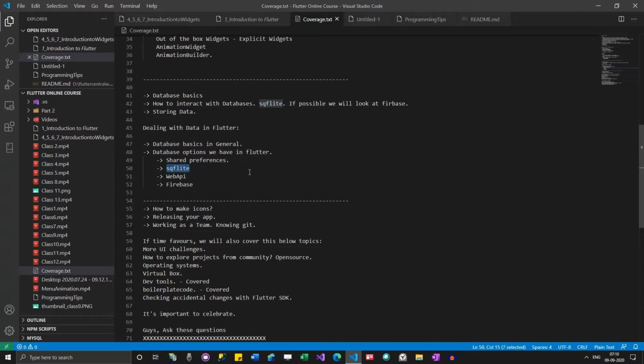Okay, so let's see how we can use that in our Flutter app. I will start creating a Flutter project which will use SQF Lite, and then we will see some operations. Before going ahead, what I want to share is